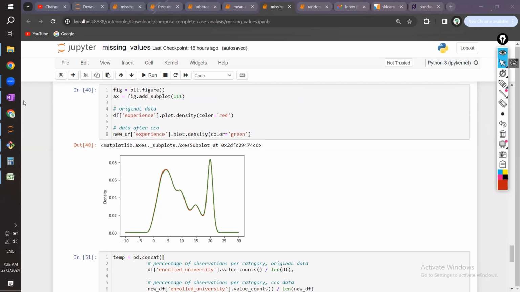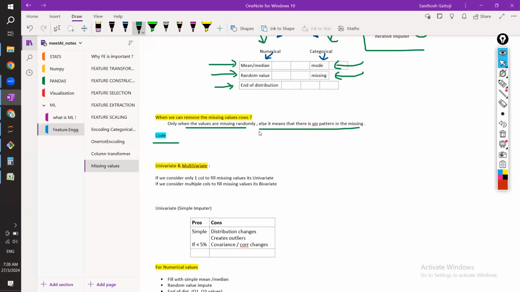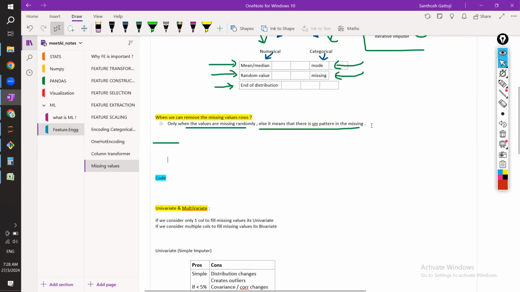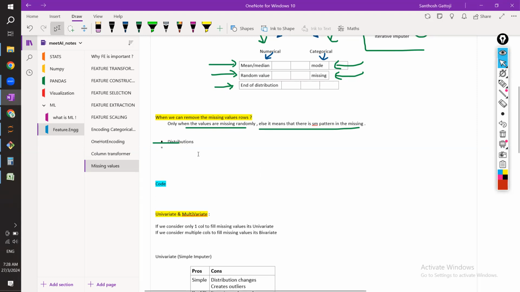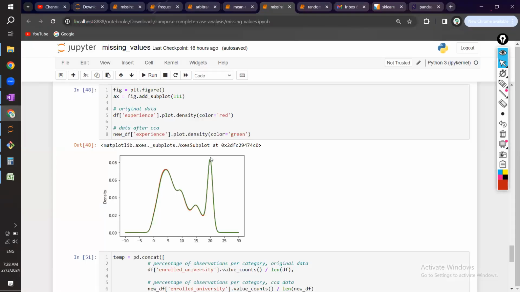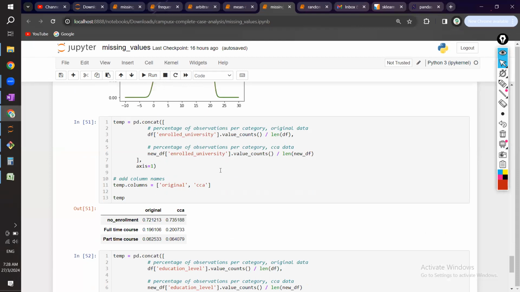Because when you are removing the data, one second. So when you remove the data, what we have seen is that we need to check the distributions. Distributions we have checked. The second thing is